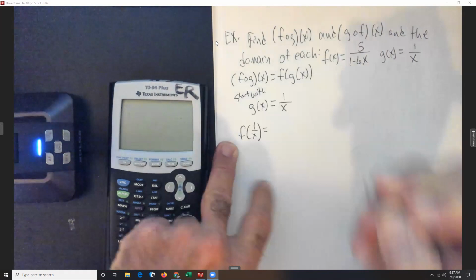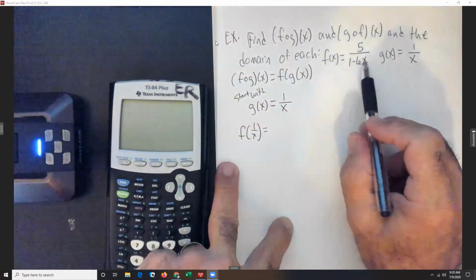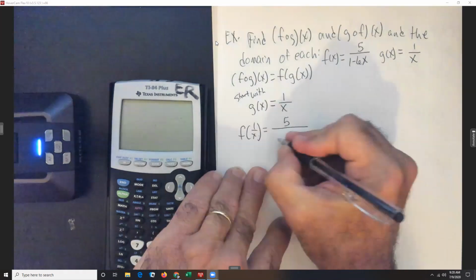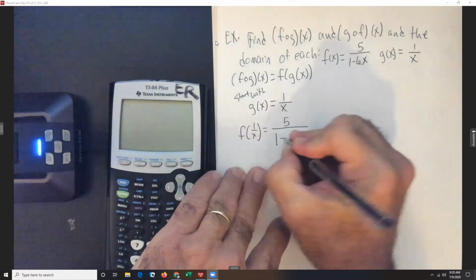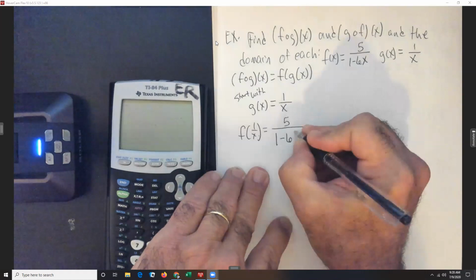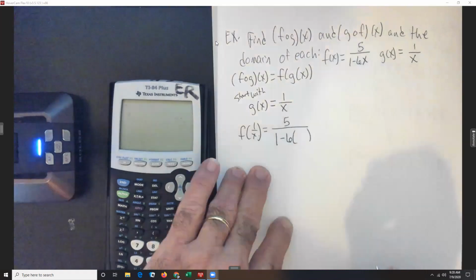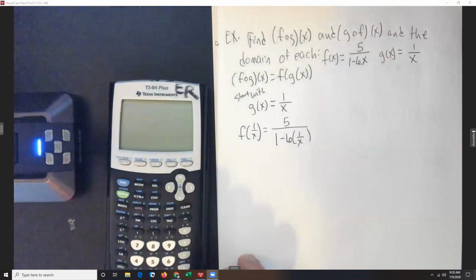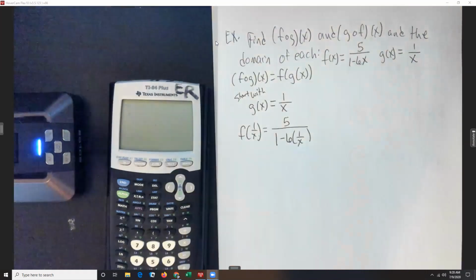So to find f of 1 over x, we take the f equation, 5 divided by 1 minus 6 times x. But remember, my x is now a 1 over x. So y'all, this problem is tedious to try to fix. But we're going to attempt it, okay? So,